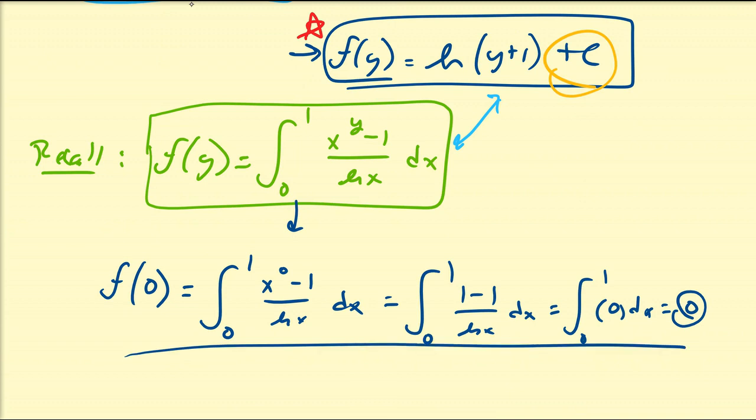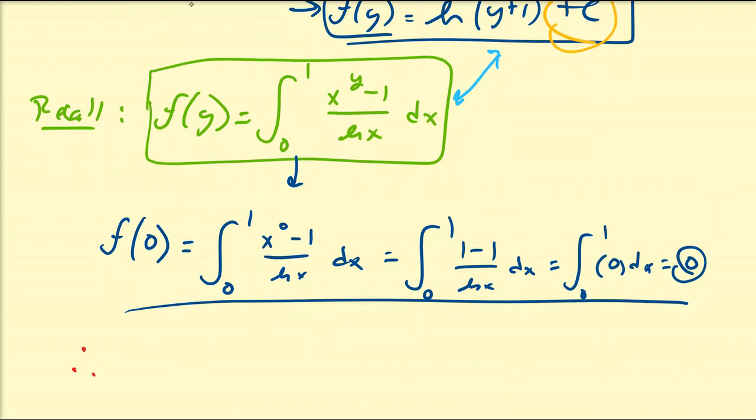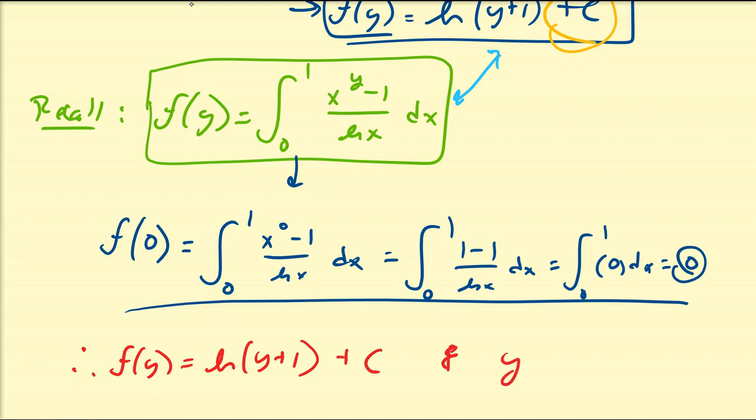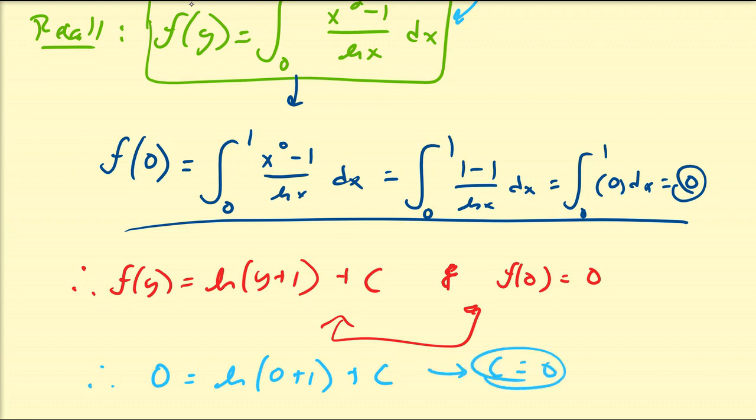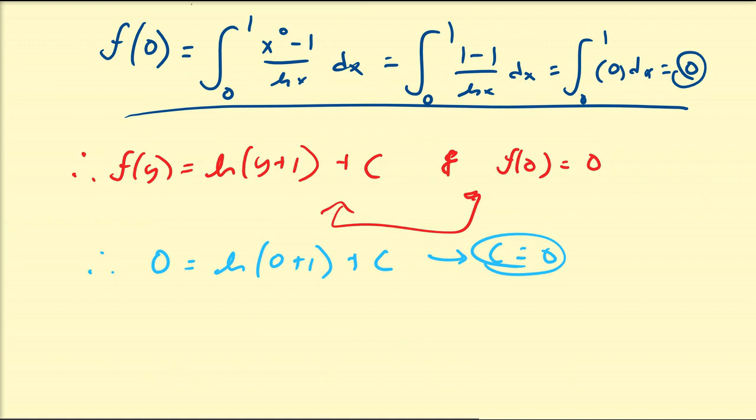So this is almost like an initial condition to a basic differential equation. So we say that, okay, if f of y is equivalent to writing the natural log of y plus 1 plus c, and f of 0 is equal to 0, then combining these two expressions, we should be able to figure out what c is. So that means 0 must be equal to the natural log of 0 plus 1 plus c. So the natural log of 1 is going to be 0, so we get c is equal to 0. So if that's the case, then that means